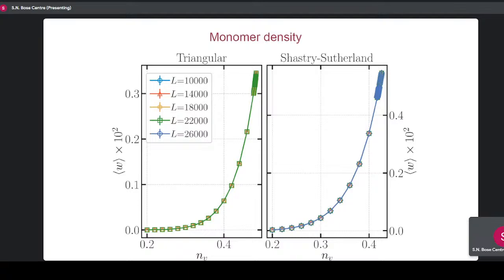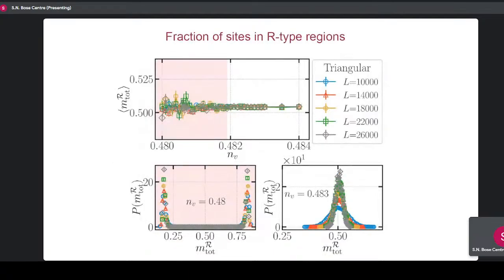Again, this is the site dilution. And again, the density, this time I'm showing the density of 0 modes. It comes down smoothly to 0, no features that you can see. It's not really 0, by the way. If you put it on a log scale, it's just going continuously. But now here's the interesting difference. If you look at the fraction of sites in R-type region, what I was calling M to R here, it doesn't seem to grow to 1. But it seems to start getting very noisy.